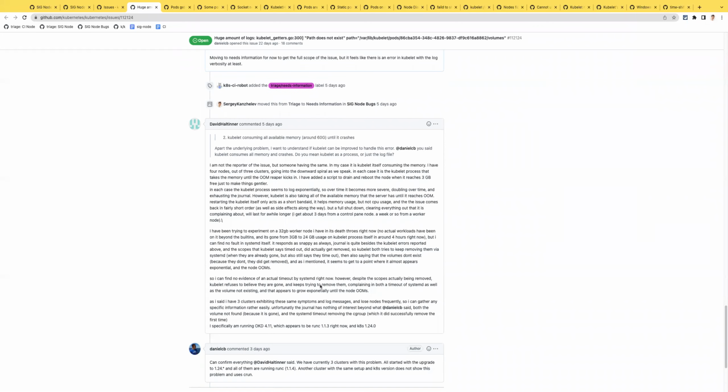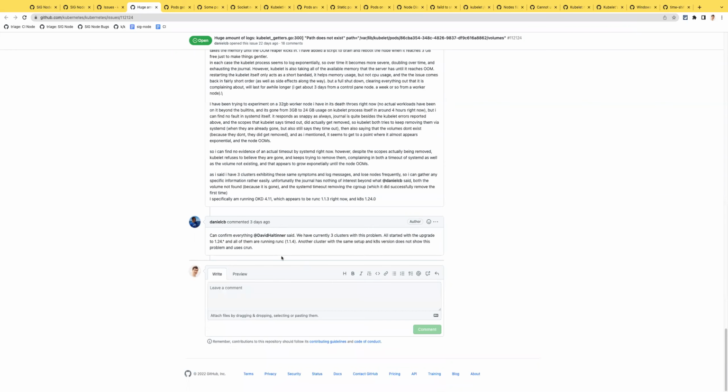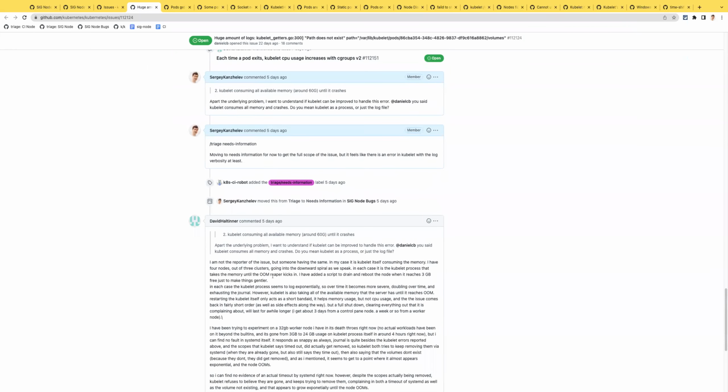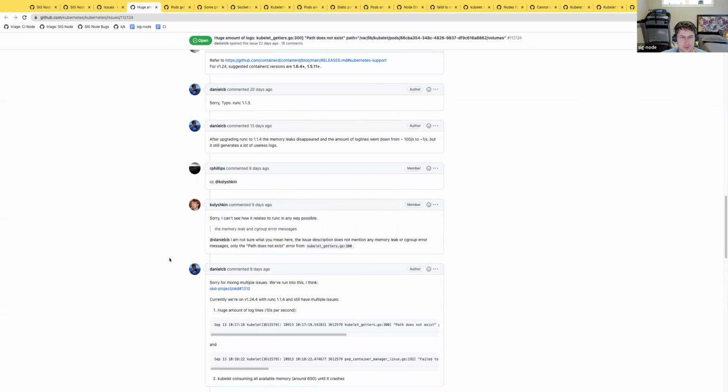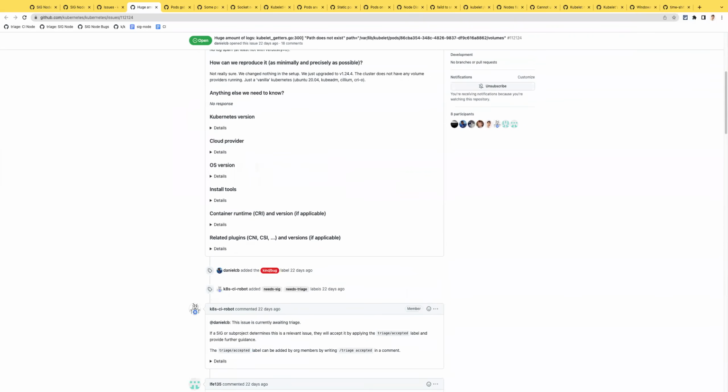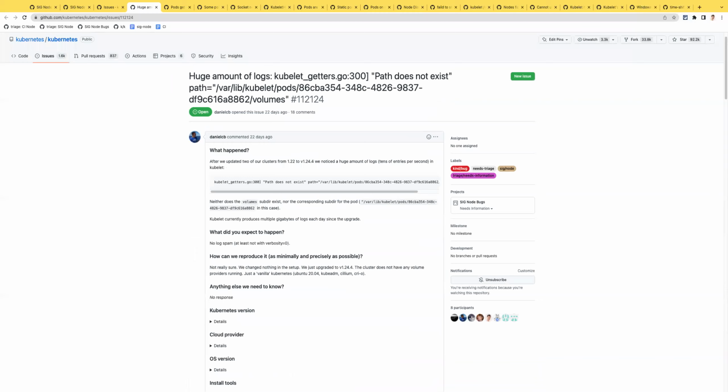Yeah, I agree. Do you know which retry is happening? Like where in the code it's happening on kubelet? I'm not exactly sure. I have to look into it some more.